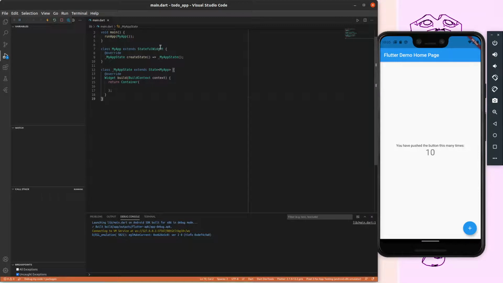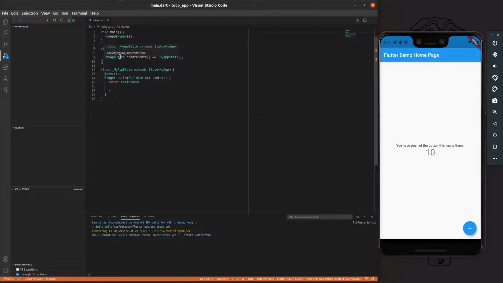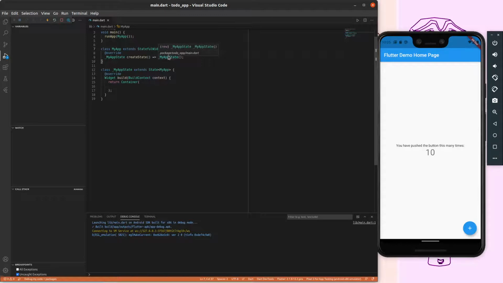So first class, you have this class, and it has this createState function that expects MyAppState to give a response, return something that will be given to createState, and createState will create the first state of the app. I might not be great at the grammar of these things, but those are the basics. I don't know the wordings and stuff. Anyway, so it's returning a container class MyAppState at override Widget build BuildContext. So this is the function that